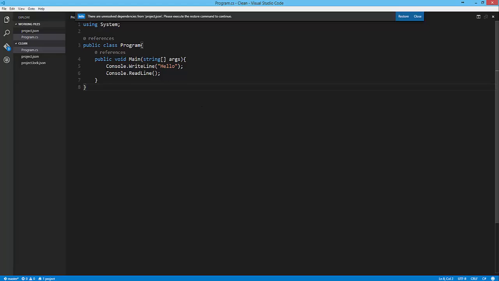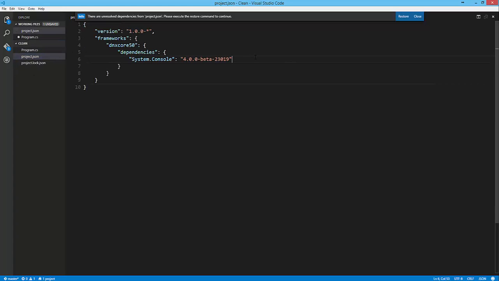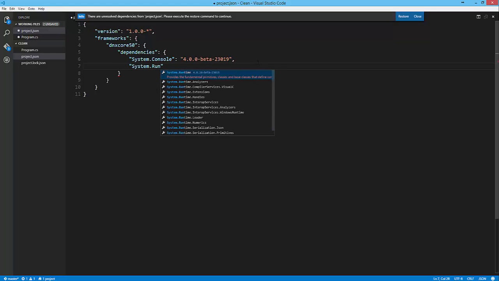Okay, so let's modify our application a bit to do some cool stuff. First of all, we might need another dependency on top of the extensions of the system.runtime. So I'll have system.runtime extensions.